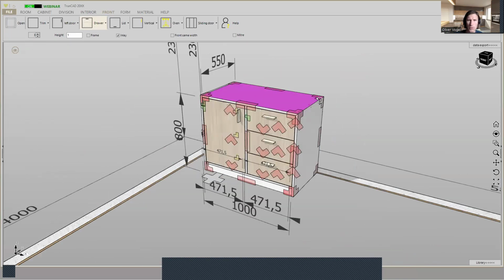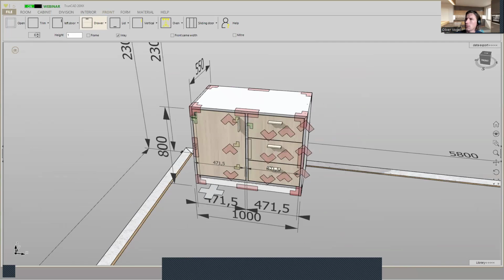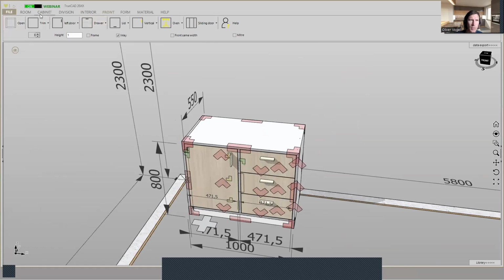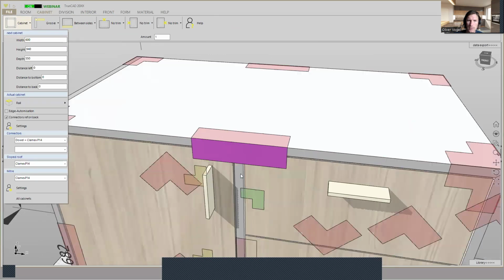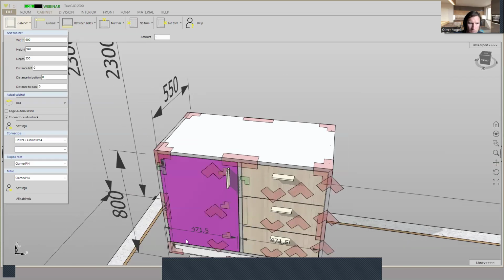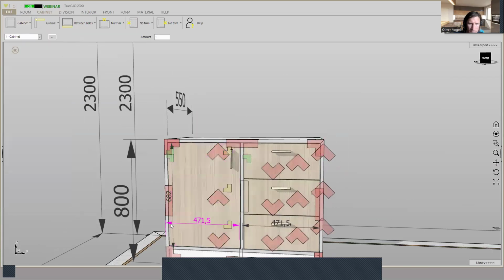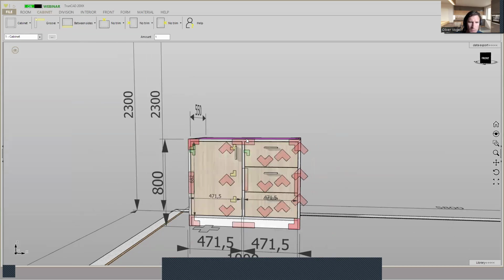All right. Now we set up the next cabinet, and therefore we go back to the cabinet tab, go on the drop-down menu for the cabinet, and we want to have the width like that. This width of the area is the same, yeah, that it's matching on here. So we do have here